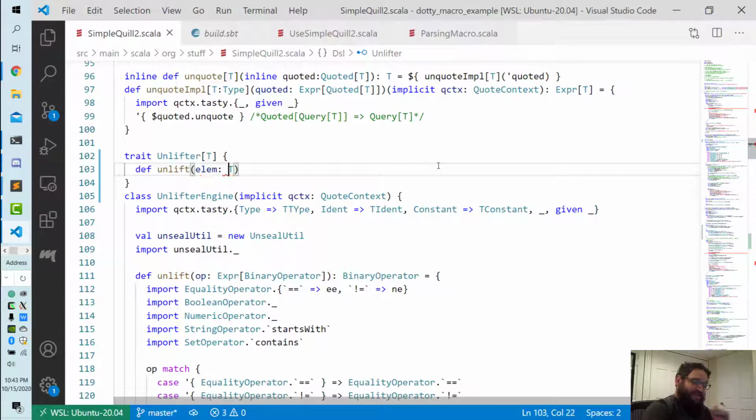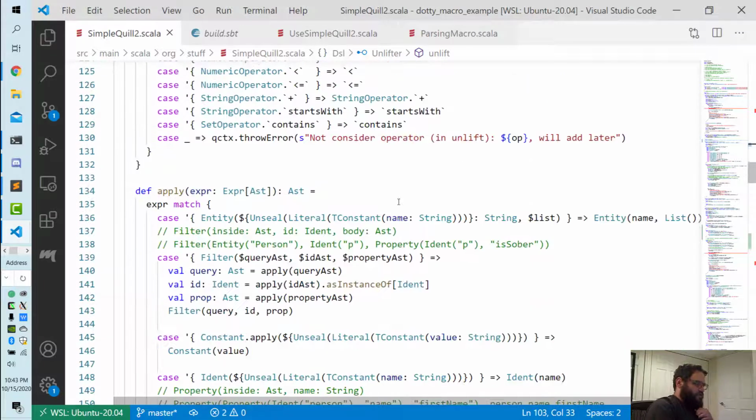Now, not t, we're unlifting, right? In the lifter, it was t to expression of t. In the unlifter, it's the opposite. It's expression of t to t. And so in this case, for example,